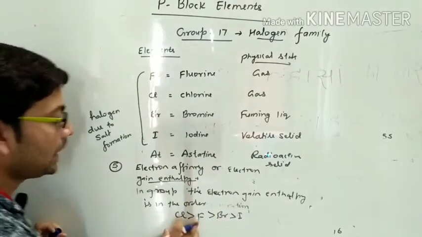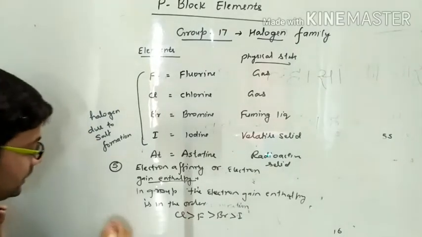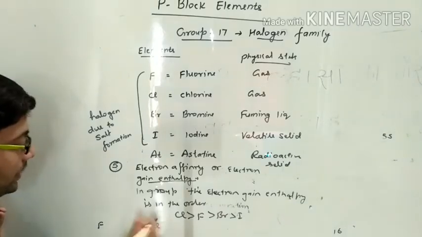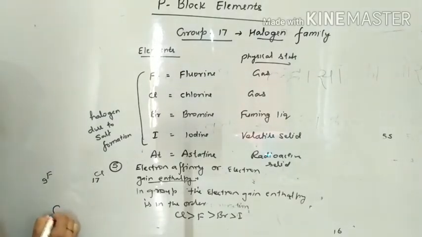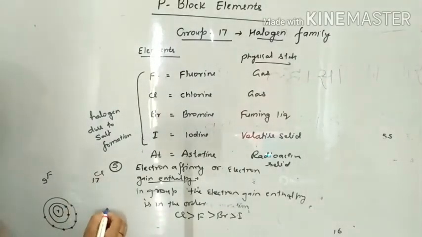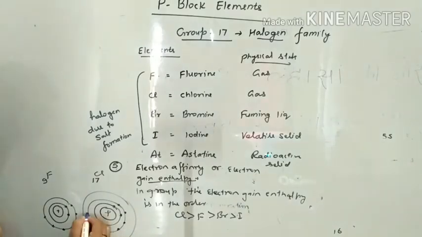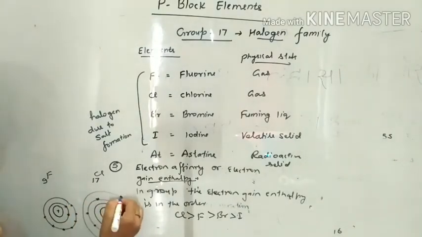Why does this happen? Actually, see, this is fluorine and this is chlorine. Fluorine has 9 electrons, chlorine has 17 electrons. So, in case of fluorine, this is the nucleus, 2 electrons, then 1, 2, 3, 4, 5, 6, 7 electrons. In case of chlorine, 1, 2, and 3 shells are present. This is the nucleus, 1 and 2 electrons, 1, 2, 3, 4, 5, 6, 7, and 8 electrons. In the outermost, there